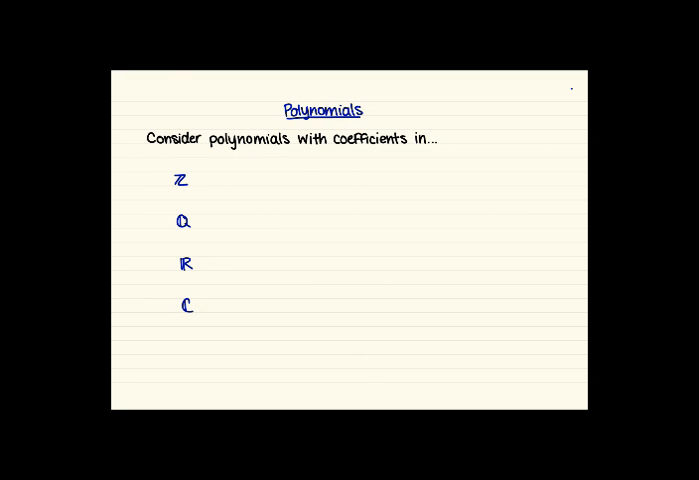In today's pre-lecture, we're going to talk about polynomials with coefficients in different rings. So first of all, we can consider polynomials with coefficients in these familiar fields. So like a polynomial with coefficients in the integers might look something like 5t cubed plus minus 1t squared plus